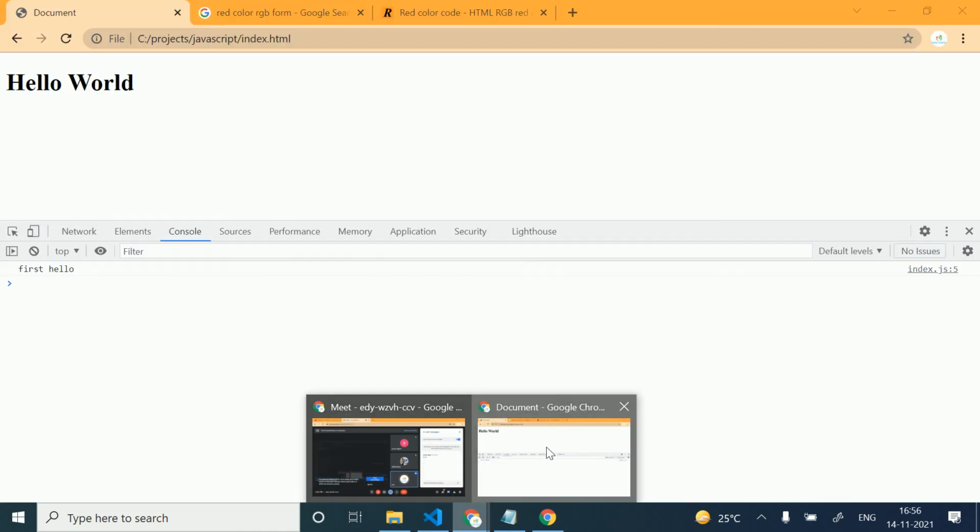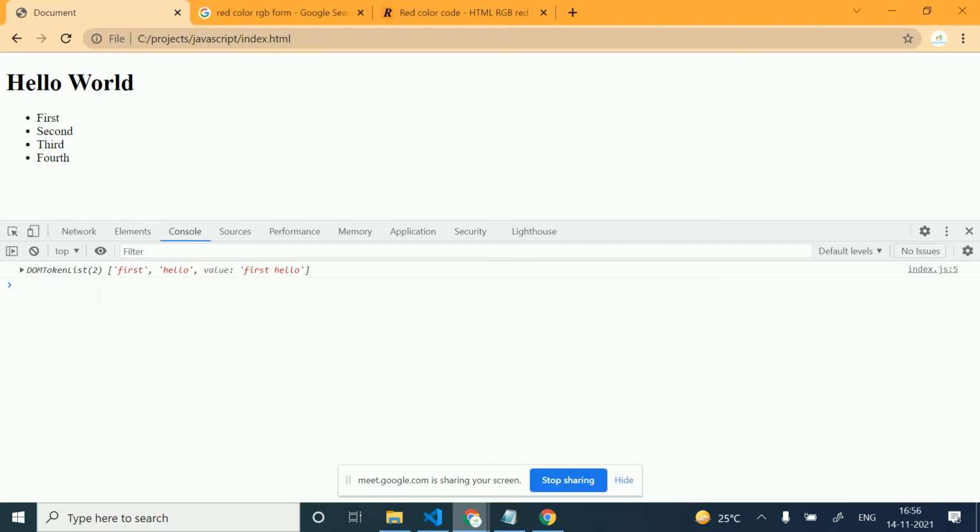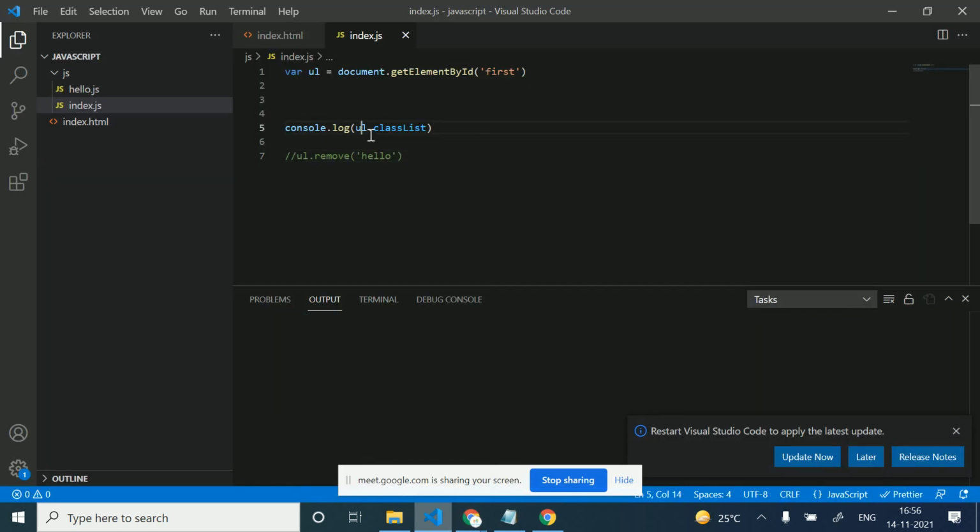In the first case we are getting only the text, while in classList we are getting the values one by one. The first value and the second value of the array. So we can remove by using this.